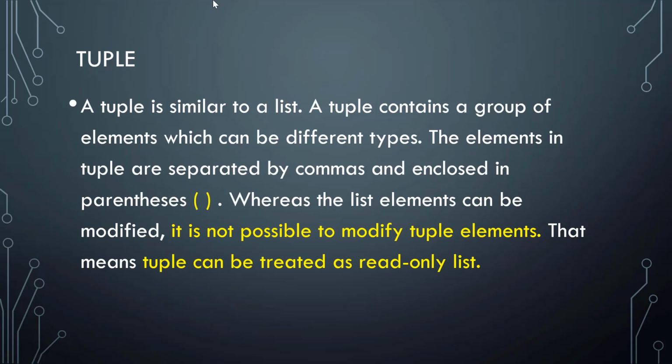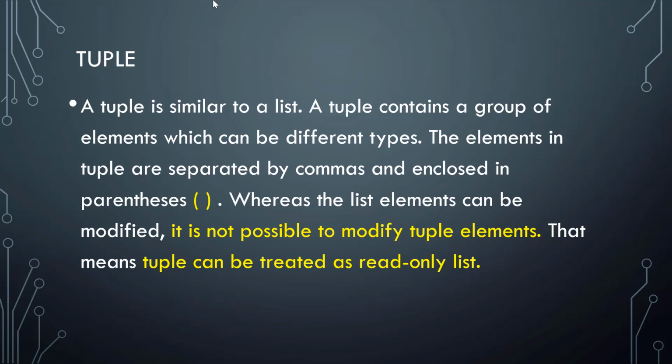In the sense, wherever you have a requirement of storing different types of elements, but I don't want frequent modifications, I don't want modification at all because those should be fixed, then we go for tuples. Like employee ID, name, designation, these are all fixed. No, sir, designation might be changed. So very rarely the changes will be done. For that we have a separate process. Of course, there are many ways to modify tuples, but I'll tell you how to modify the tuple later.